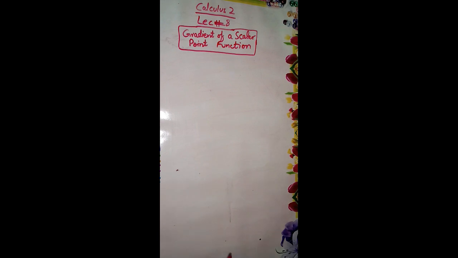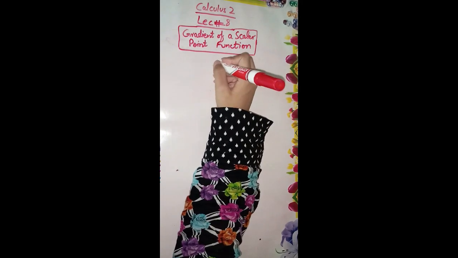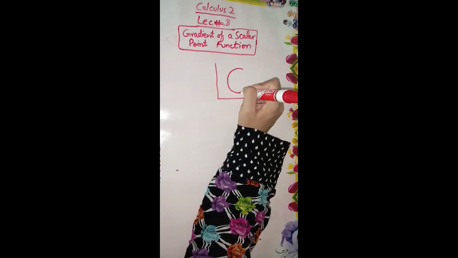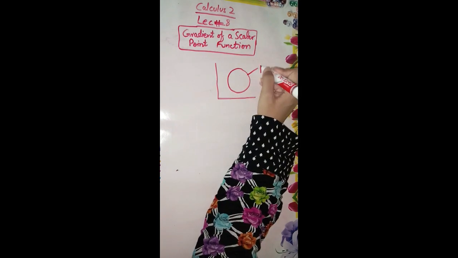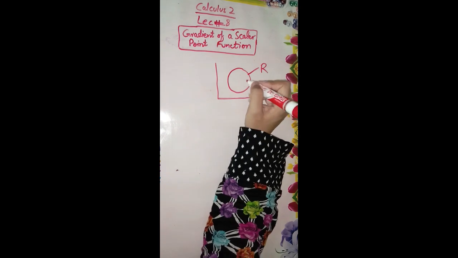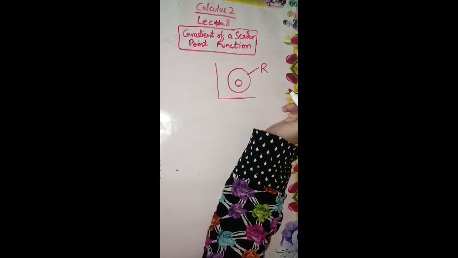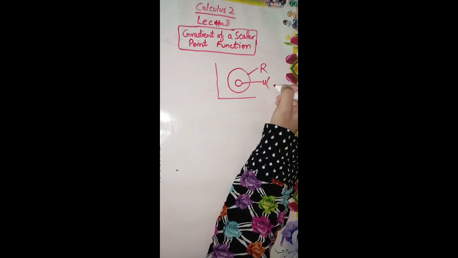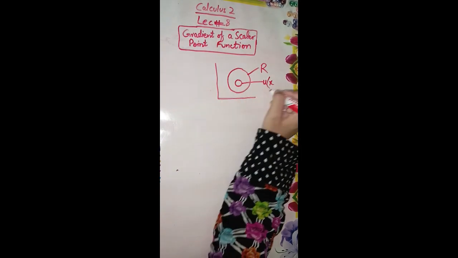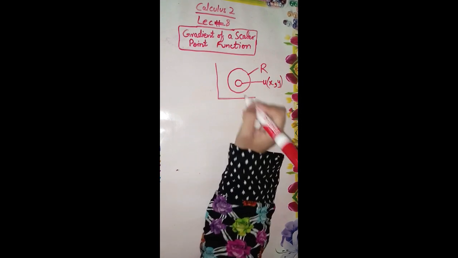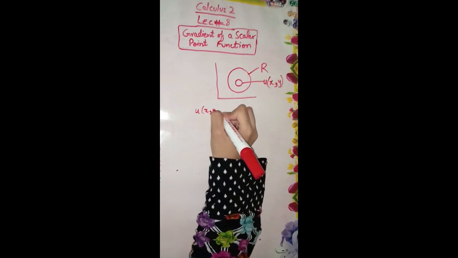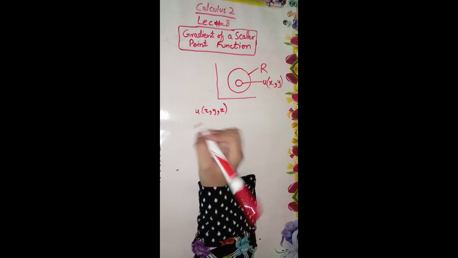So basically, if we have a space on the xy axis, if we have some region of space like this and we call it R, then when we take a small area from it, that will be its scalar point function. We will represent it by u. As we can take it on the x and y axes, we can also take it on the 3 axes. If we take the scalar point function in x, y and z axes, then we can find its gradient by